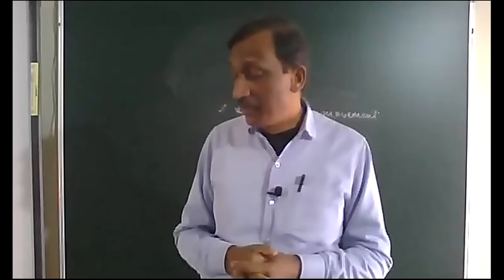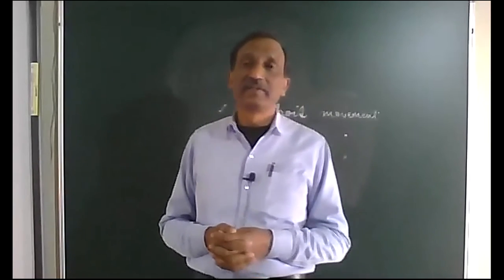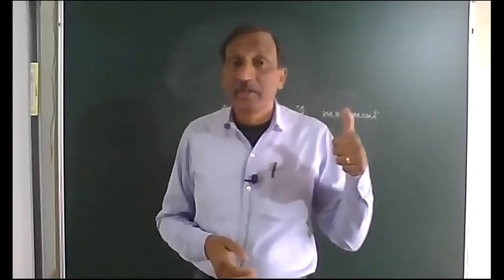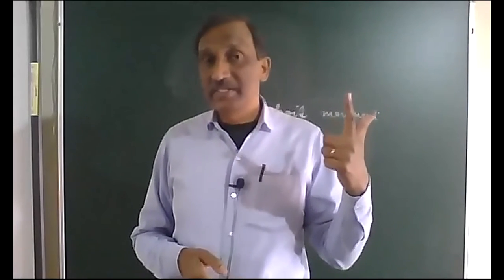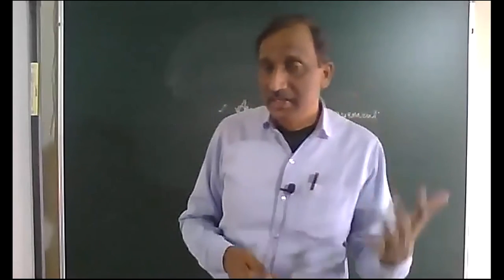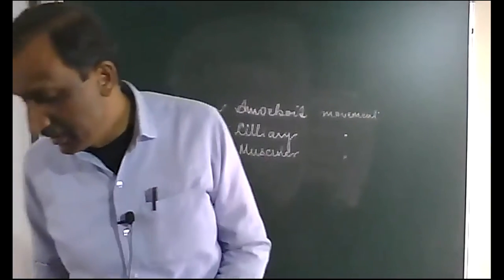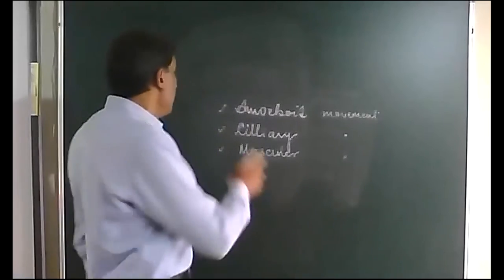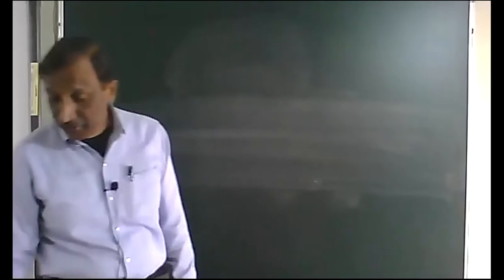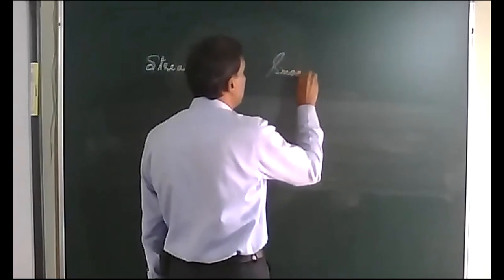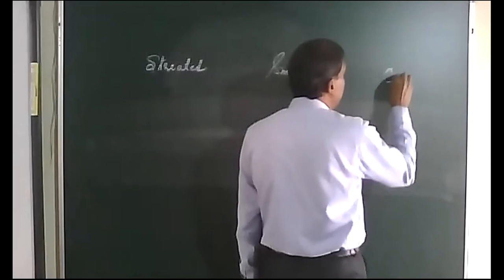Okay, so the muscles, we already studied about the muscles in class 9, that is, muscles are of 3 types: the smooth muscles, the striated muscles, and the cardiac muscles. Let us have an overview of what we already studied in class 9. So let us see how these 3 types of muscles are different from one another. And then we will study the structure of the muscles and muscular contraction. 3 types of muscles: striated muscles, smooth muscles, and cardiac muscles.